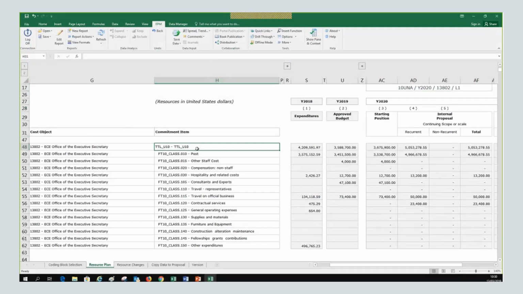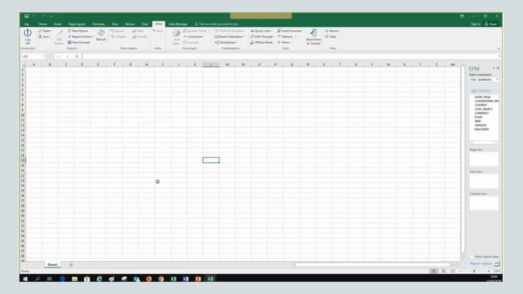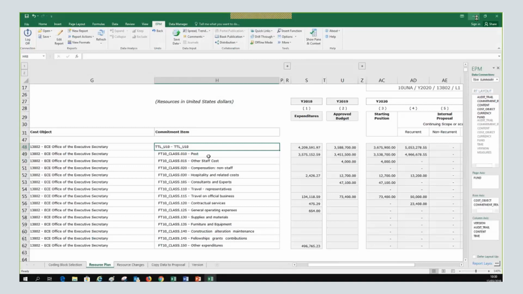The first thing identifies the variant, that is U10 because you are SPMs. And then what you see here, oh, sorry, the form changed again. Okay, what you see here is the budget classes. So we have class 10, which is a group that contains all the expenditures that are related to the post.